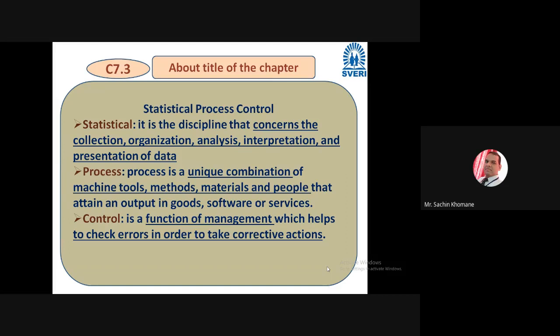And once you find the error, you have to take the corrective action. So nothing but the control, or controlling. So these three terms I have explained to you. Now, by understanding these three terms, you have to understand the title of the chapter. Friends, to control the quality in your product, you have to understand this, or you have to use a statistical tool and control the quality. So this may be the conclusion if you understand these three words clearly.